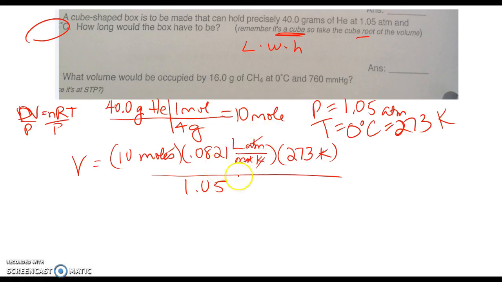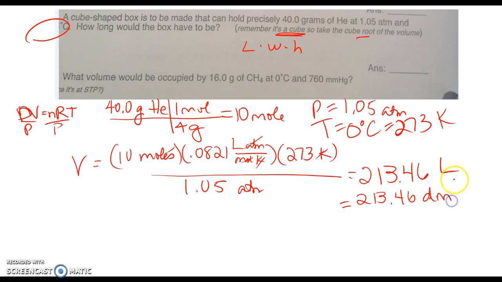Atmospheres will give me liters, won't it? So 10 moles times 0.0821 times 273 divided by 1.05 gives 213.46 liters, which we saw in the last problem was